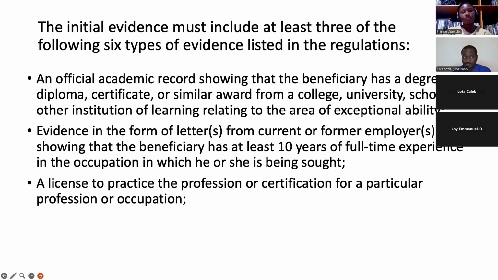Now, if you are working as a data analyst, you might need a license, like a certification. That falls within a license, right? If you're a doctor, you need a license. If you're a teacher, you might need a license. If you're a cybersecurity specialist, you might need certification to show that you have something relating to your field,